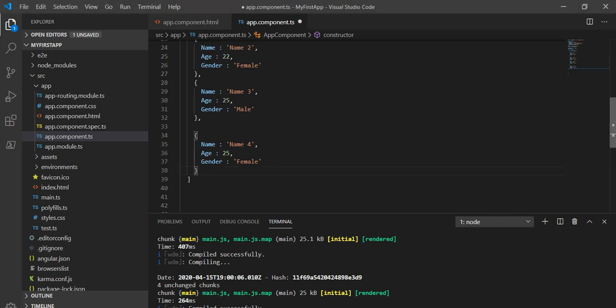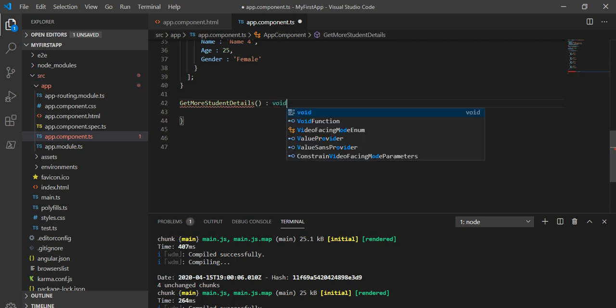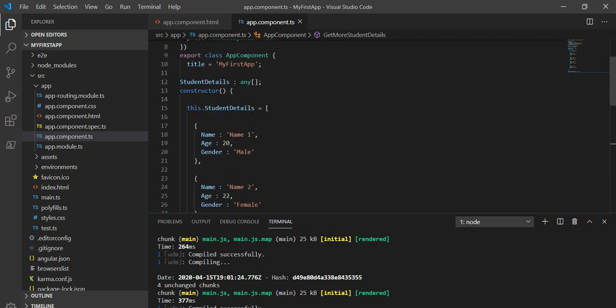So for creating, we have to create under this, and here we will take something like getMoreStudentDetails, and I will return it as a void, and this will be like this. Now what I will do, I will copy this, because anyhow we have to take the collection of